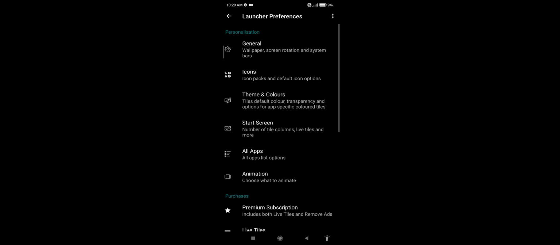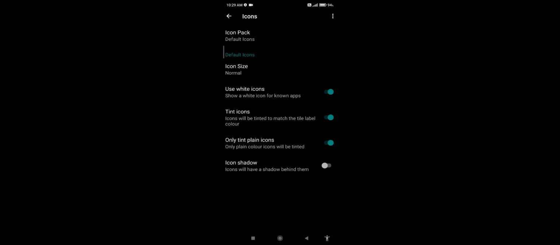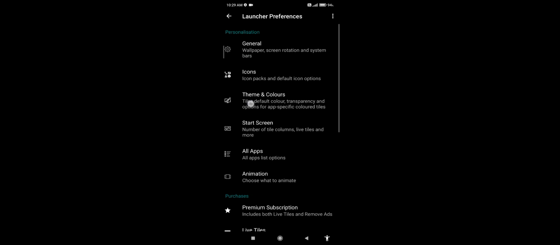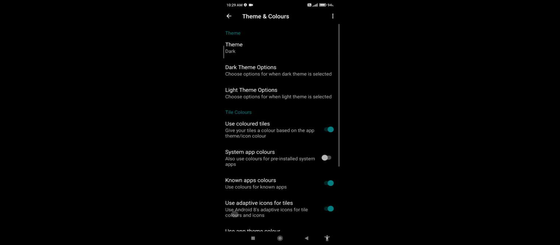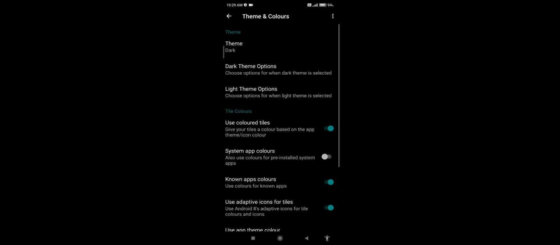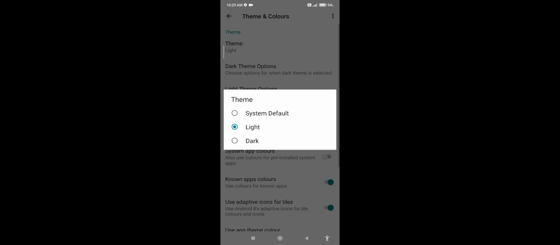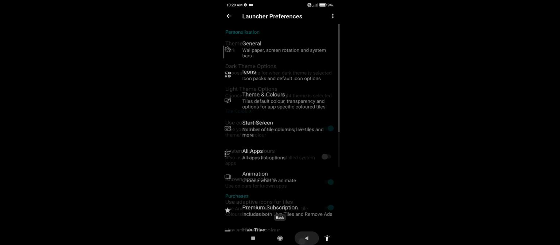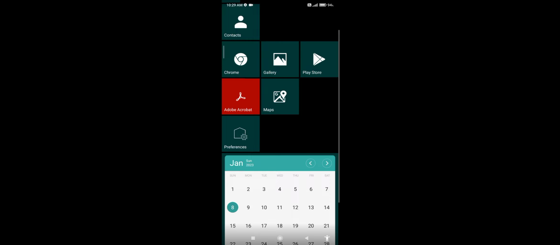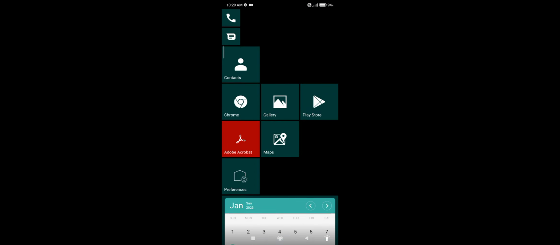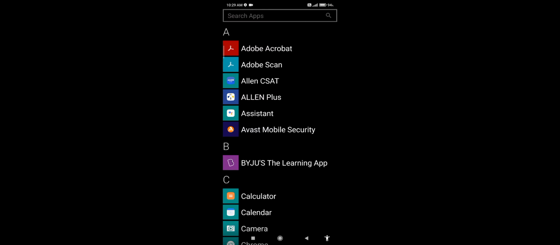And you can change many things in launcher preferences. You can also change icons, theme and colors. Theme, you can set the light theme also. Currently I will go with dark only. So see, and now if you want to go back to your Android, you can just go to all apps